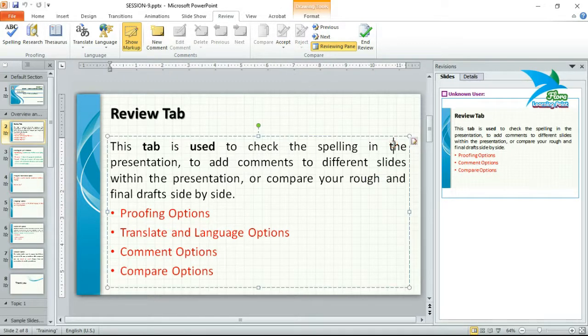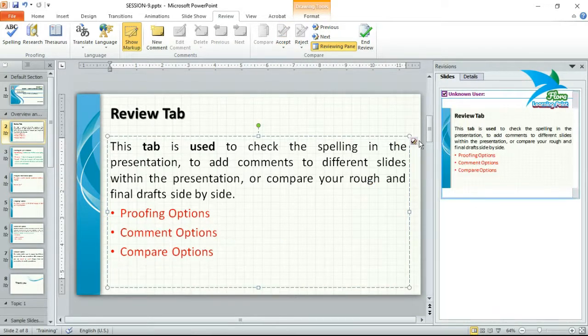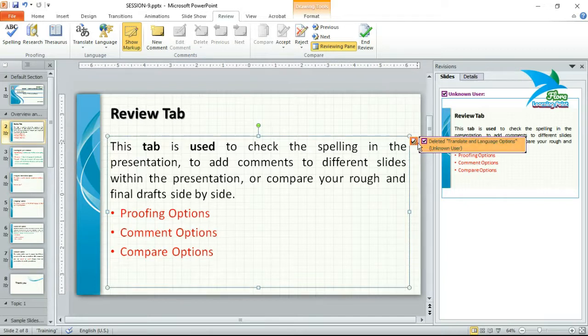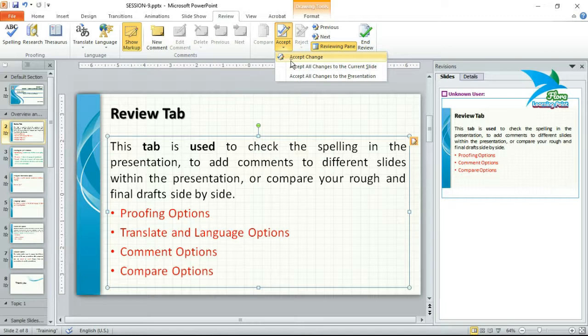For example, in this slide we have three options here, and four options there. If you want to accept the changes, then click on this button on the top right corner of the main slide. Then click on this one, then Accept changes.